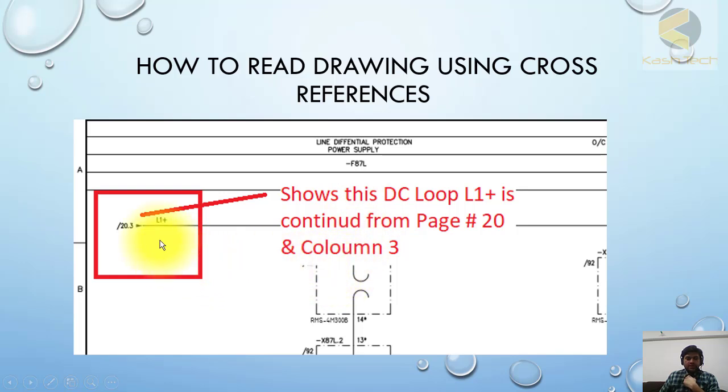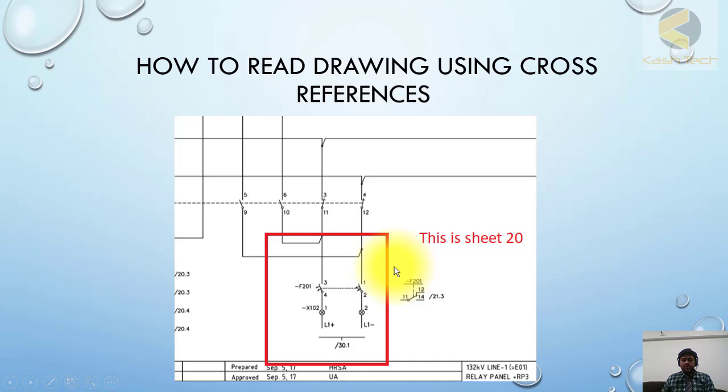So this is the page. Here you can see this L1 plus is the DC loop. This I have explained in my last lecture. And this is a DC loop which is coming from 20.3, sheet number 20, column number 3. So you can go to the next sheet and find that this loop is terminating to the current sheet. So let's go. Okay, now this is sheet number 20. I have opened sheet number 20 here,